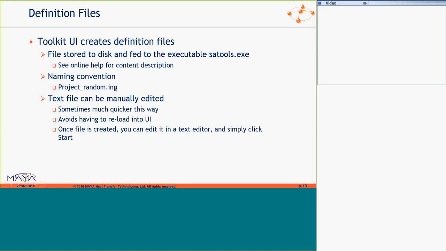What you can do is manually edit these def files, or once you've created them, you can reload them into the interface. If you're running the processor standalone, it means you've created one of these files and you're going to reference it. And I'll show you how to do that.